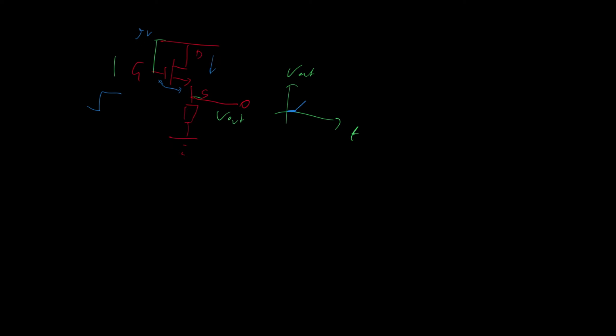But as V out increases, that's the same as the voltage at the source. That means that the gate to source voltage is decreasing. The gate to source voltage is 5 volts minus the voltage here. And that's starting to turn the FET off, which means that the output will start to rise, but then it's going to stop somewhere. It's going to stop at some value far from the 5 volt value that we wanted,